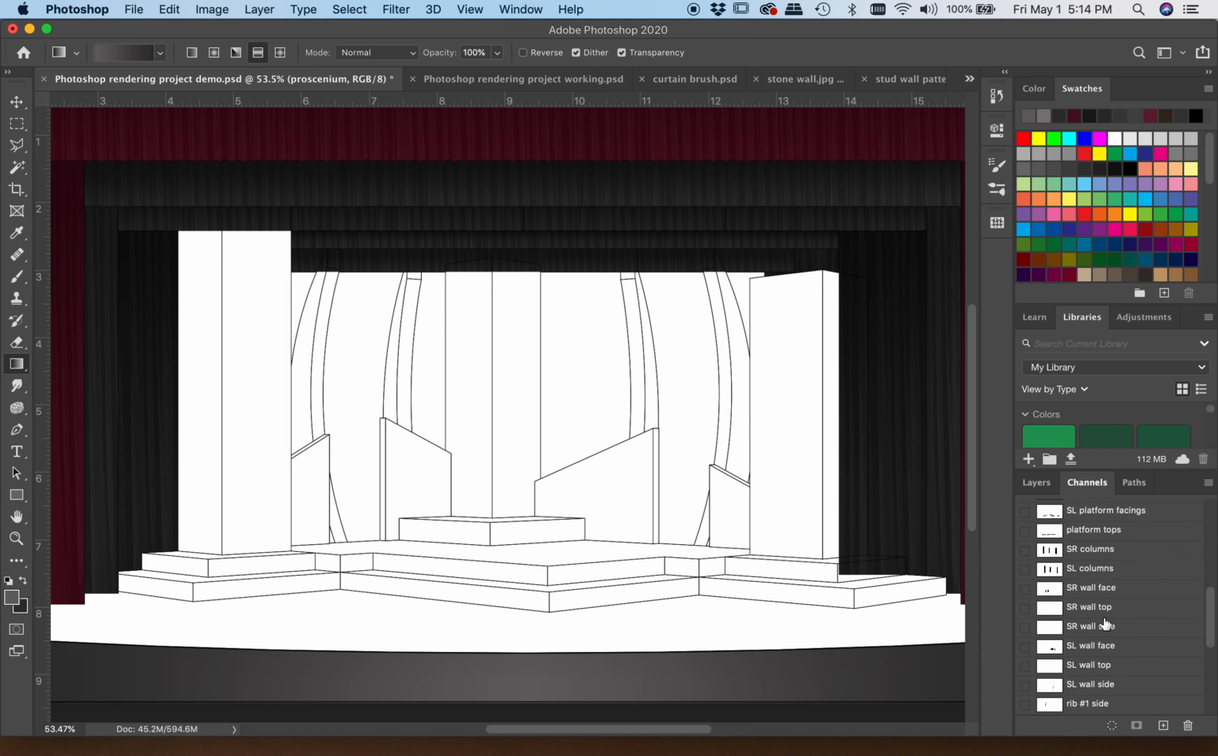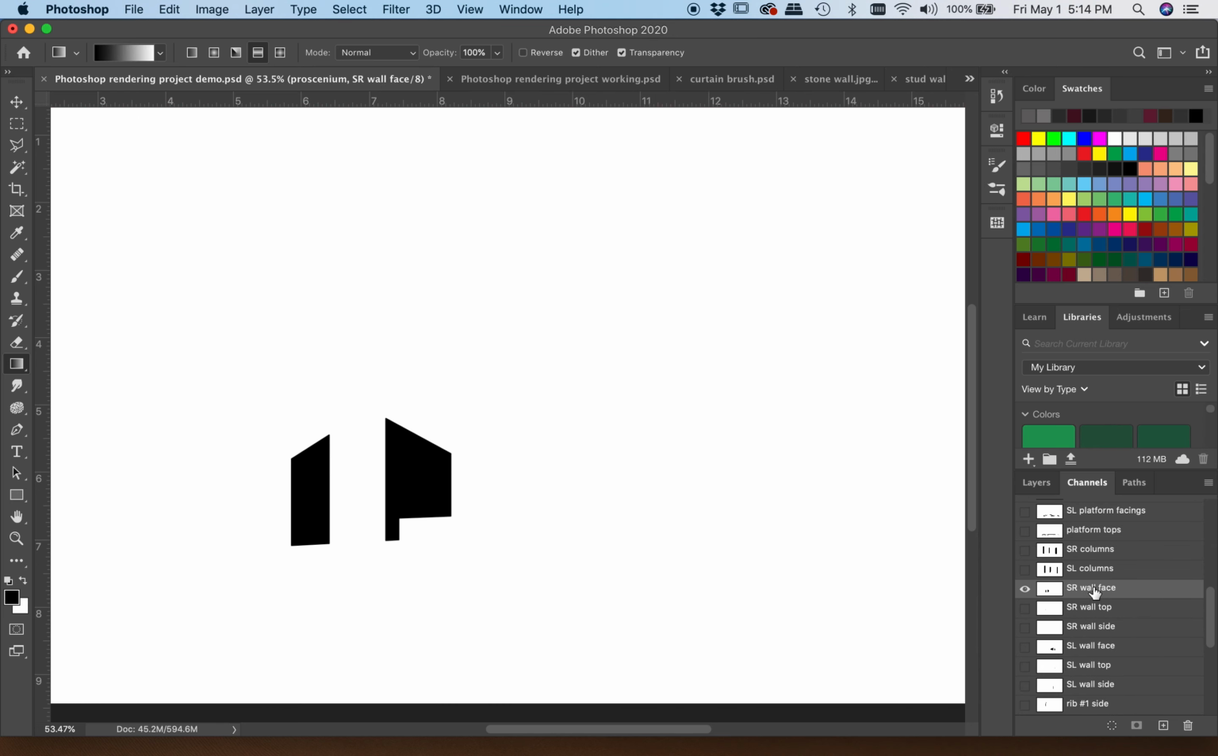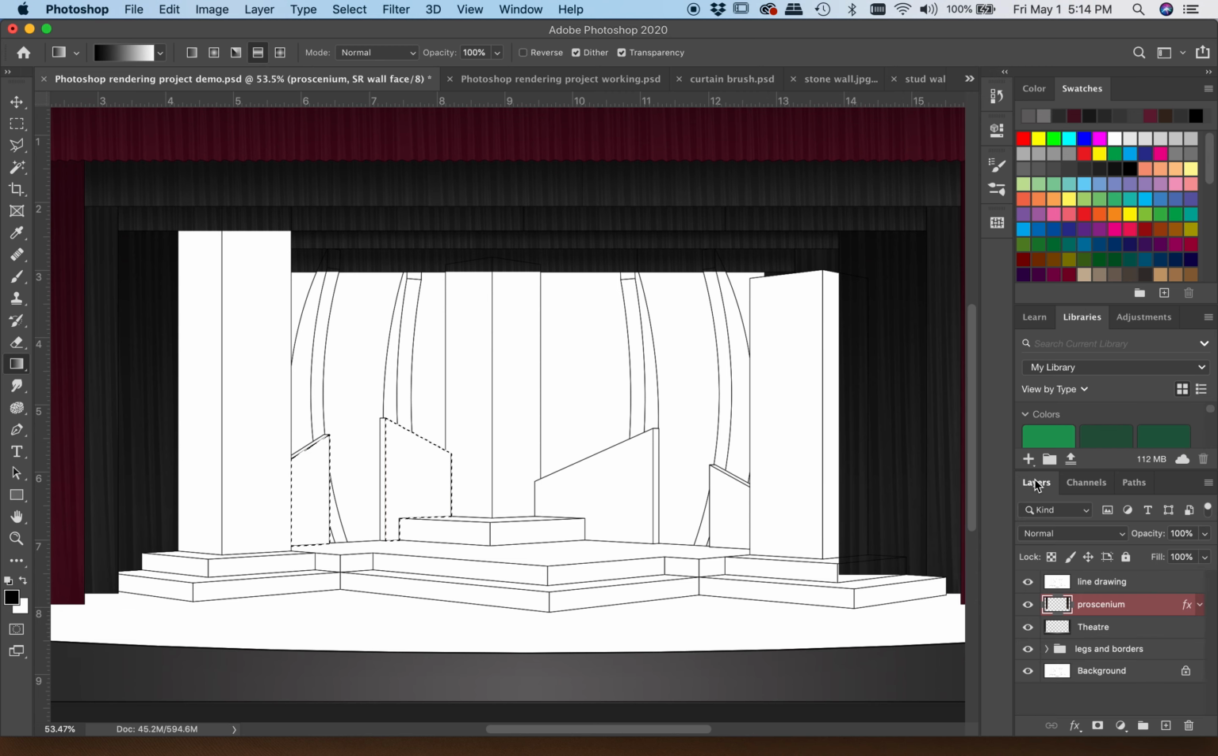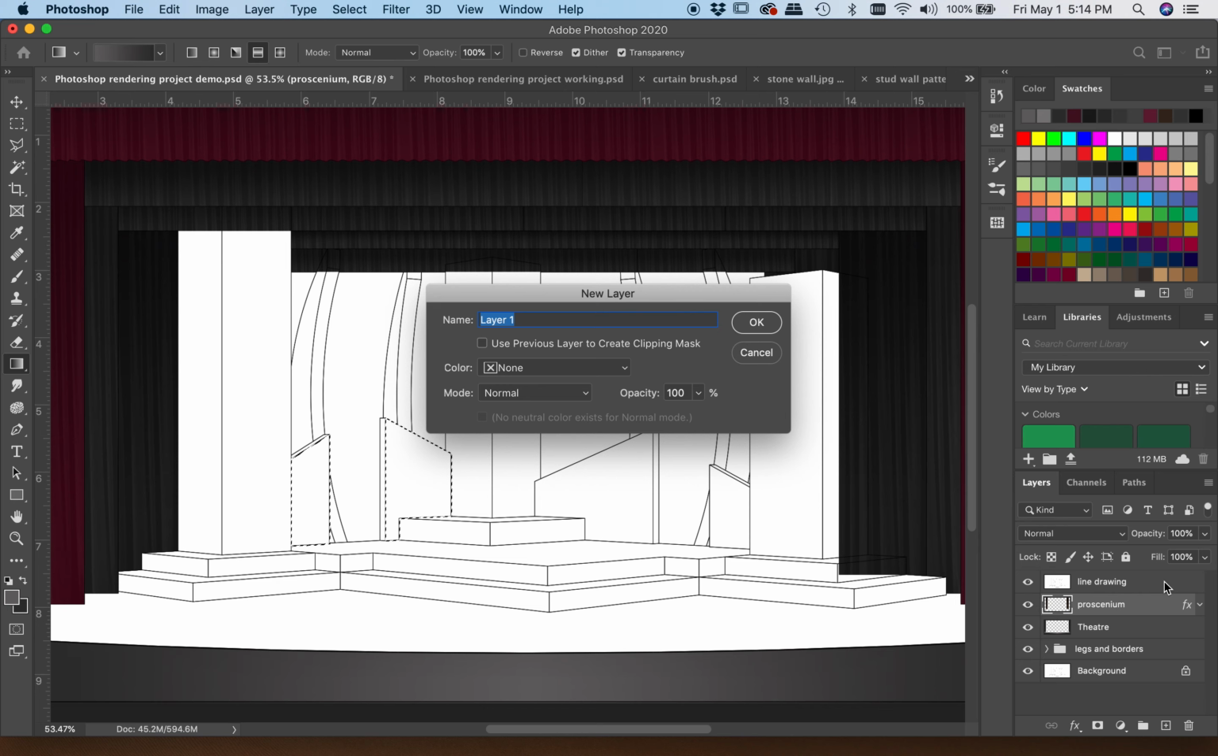So I'm going to go find, so I've got stage right wall face, stage right wall top. So I'm going to start with the stage right wall face. I'm going to just do that every single time, aren't I? Go back to here, turn that back off, go back to my layers, hit Q a couple of times, and we're back. All right, so I've got my layer here selected, and I'm going to make a new layer and